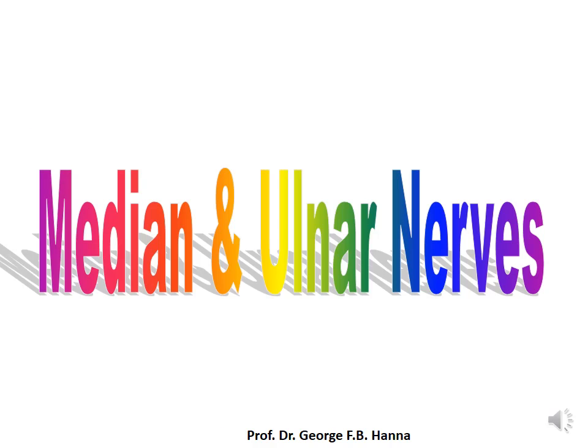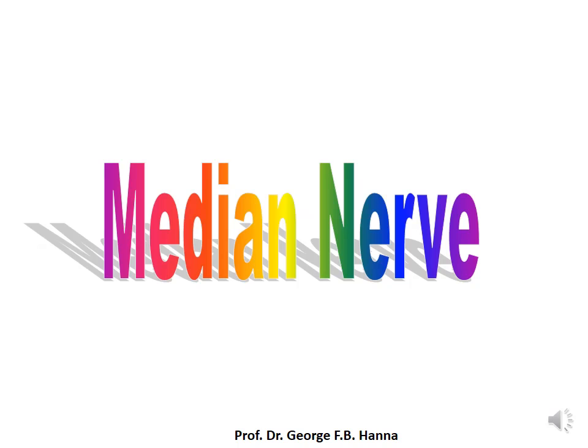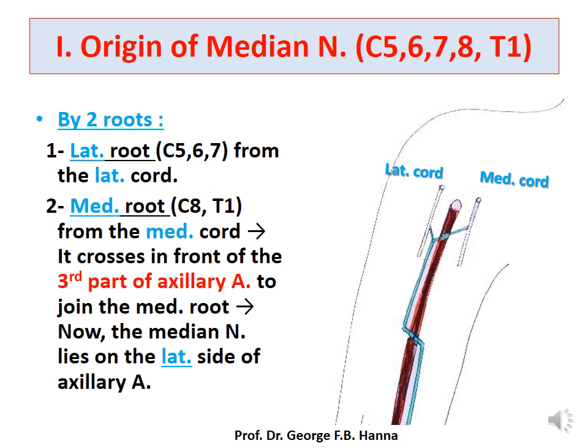Let us begin our lecture, median and ulnar nerve. Let us begin with the median nerve. Now, the origin. By the origin of the median nerve, we mean both the root value, which comes from all the root values of the brachial plexus, C5, 6, 7, 8, and T1, and it originates from the two cords